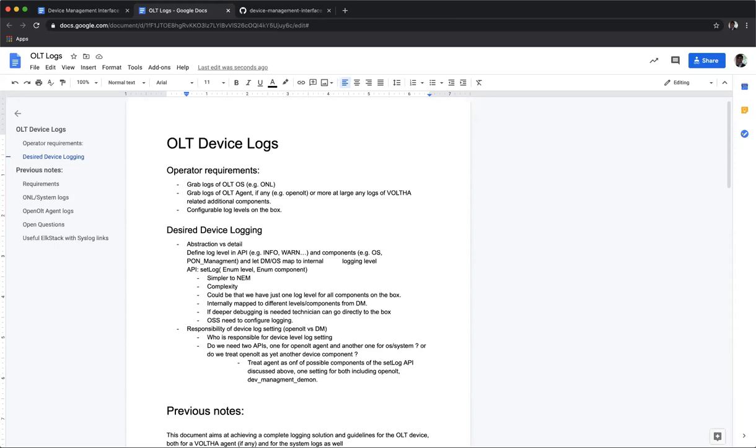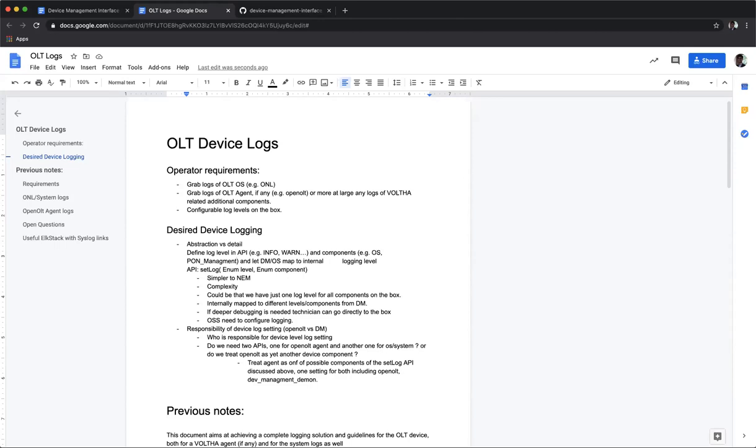But it would simplify NEM greatly, and it would also allow, if needed, to go directly to the box. But I would like to hear the thoughts of the people on the call in relation to this,